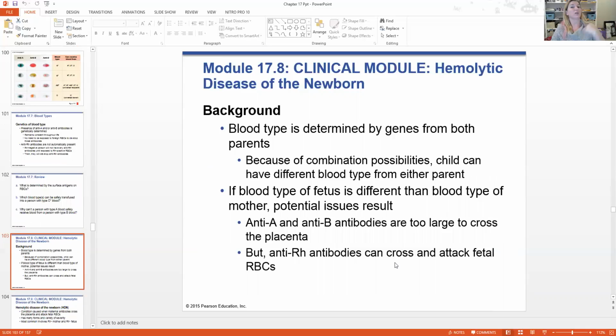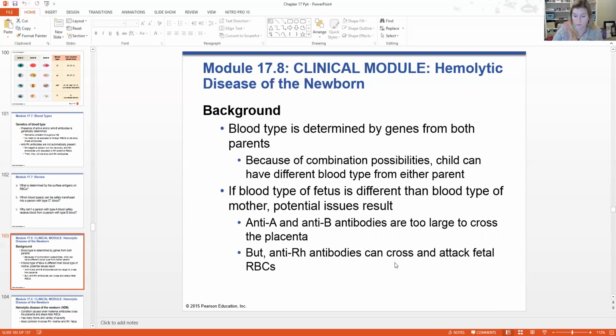So let's talk about this clinical case called hemolytic disease of the newborn. As I said before, blood type's determined by genes, and if you are type A blood, you're naturally born with anti-B antibodies. But if you're Rh negative, you do not have anti-Rh antibodies. You have to have an exposure incident. So anti-Rh antibodies can actually cross and attack fetal red blood cells. So if the blood type of the fetus is different than the blood type of the mother, there could be